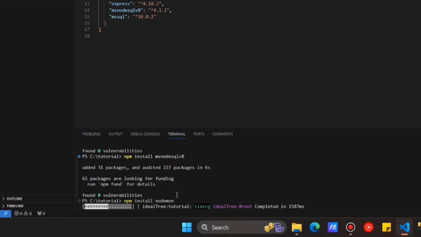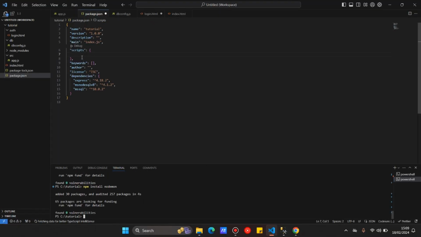Nodemon is used so that we don't have to keep running the file manually. It will automatically run when changes happen. So let's say dev. This is just dev. And then here, this one, nodemon, that in index.js,